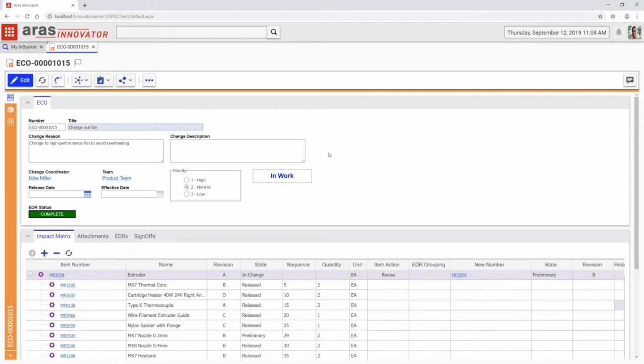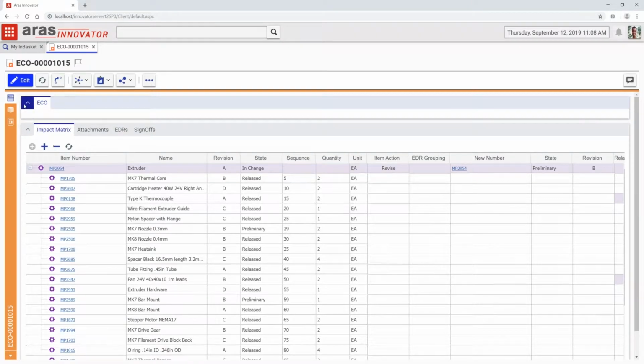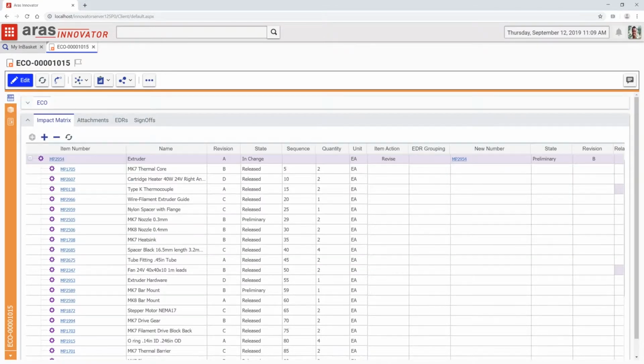Think of the top area here as a cover page for this, and even more important and interesting, as you're familiar with PLM systems, this form can contain properties, attributes, metadata, whichever you want to term it. And it's certainly configurable by you to have all of the different properties exposed that you want, searchable, and so on. But down here, we see that there's actually live data that's delivered as part of this ECO.